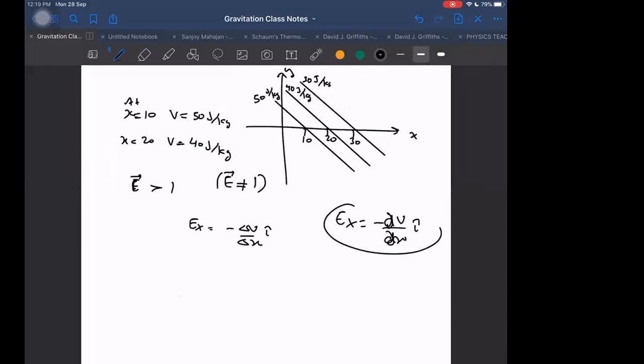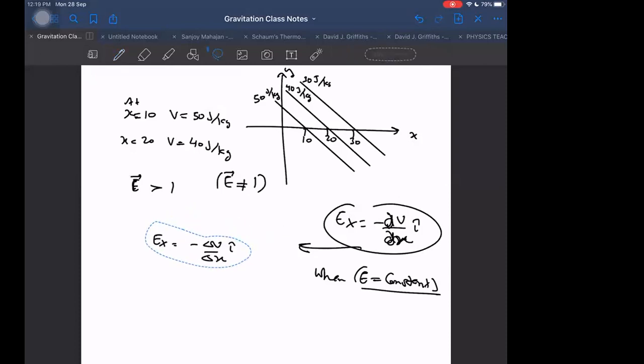Then I can write in this form also. Is E constant here or not? Yes, it is constant. How do I know it is constant? I will tell you the reason behind that. But for the timing, I did not mention it. You assume it to be constant. I will tell you why it is constant. If it is constant, then it is a valid formula.